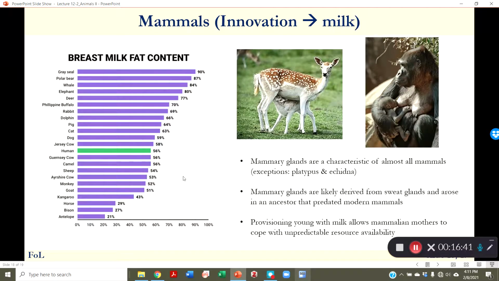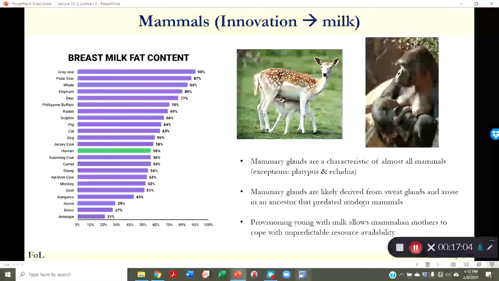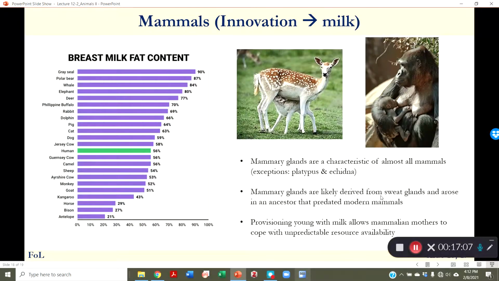In mammals, we get another innovation, and that is milk. So the mammary glands are characteristic of almost all mammals, although there's some derived exceptions, including platypus and echidna. The mammary glands, interestingly enough, are probably derived from sweat glands and arose in an ancestor that predated modern mammals. So mammals have had mammary glands for quite some time. And really, if you think about it, provisioning young with milk allows females that have a lot of parental care to feed their babies